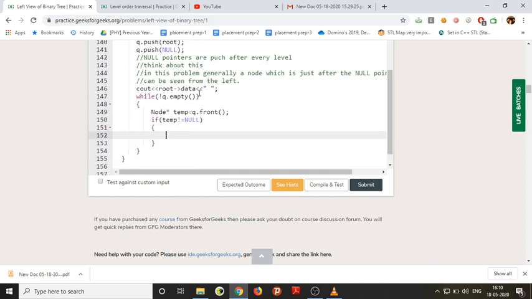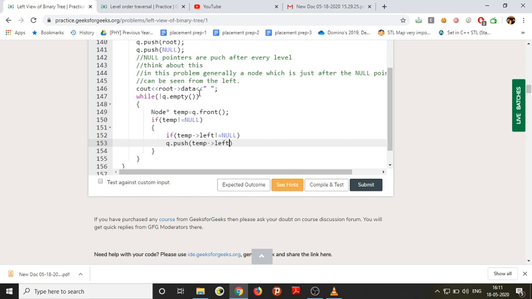If temp is not equal to null, we need to check if it has a left child or not. Here also I'm pushing the left children first and then the right. You can simply q dot push temp star left, same as in level order traversal.